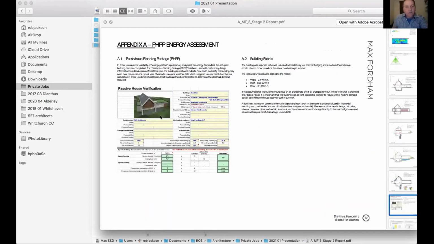And then all of that was run through, I don't know whether anyone's heard of Passive House, a Passive House planning package, which is a German system for analysing the building physics of a house. So